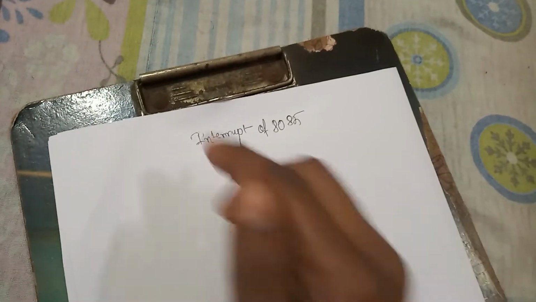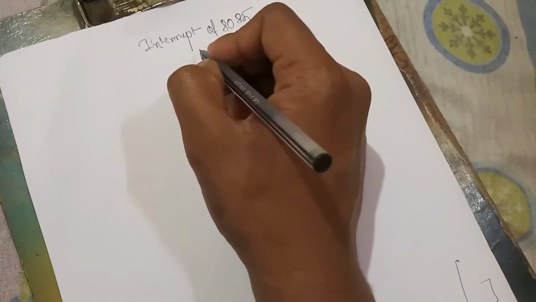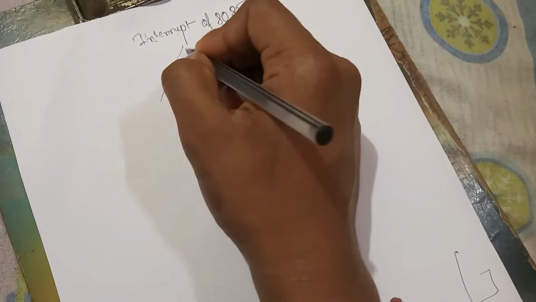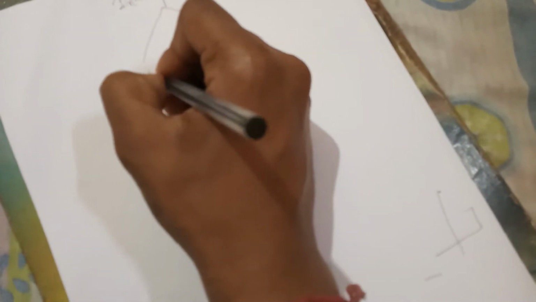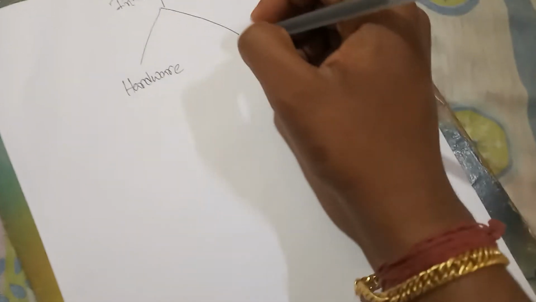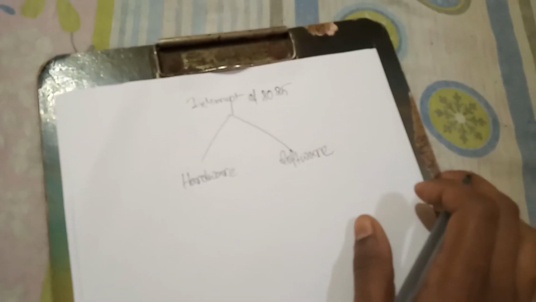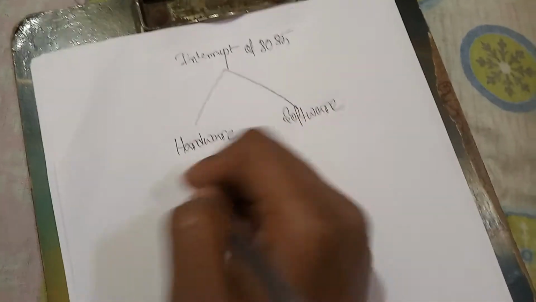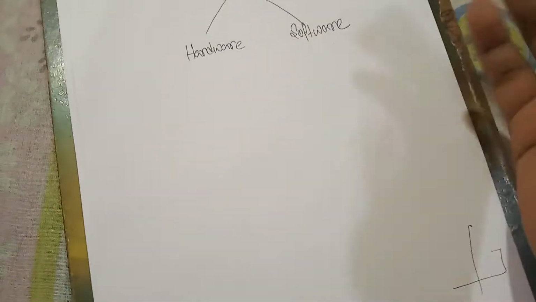So today we learned about the interrupt of 8085. 8085 mainly provides two types of interrupt. One is known as hardware interrupt and another one is known as software interrupt. Okay, other types of interrupts are also available, that is maskable interrupt, non-maskable interrupt, vector interrupt,